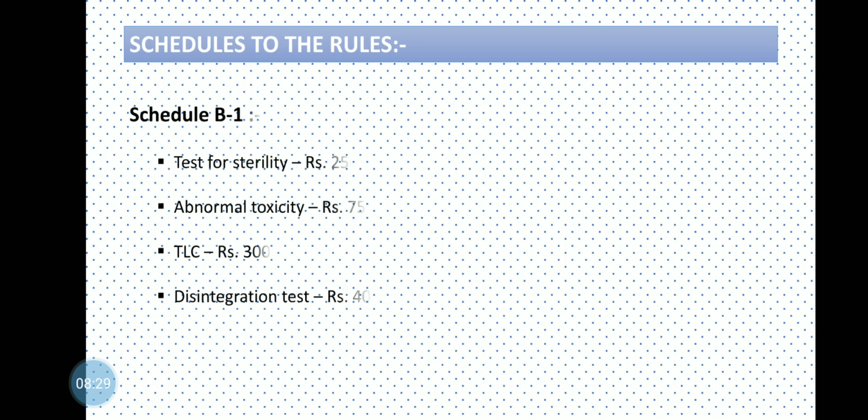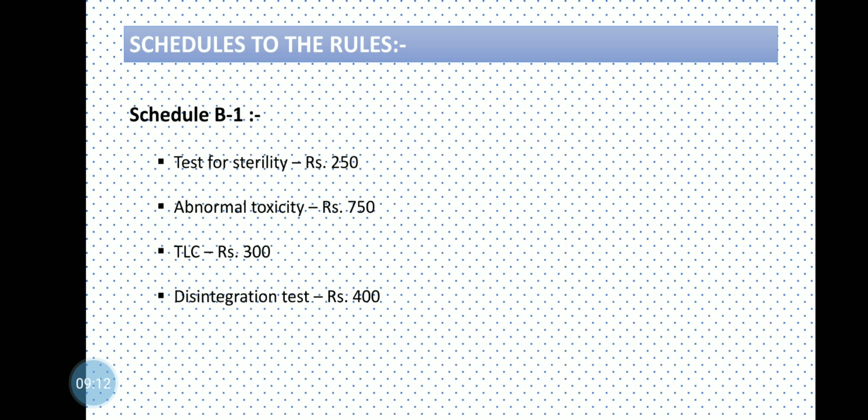In the same way, there is Schedule B1 also. Now what is the difference between Schedule B and B1? In B1 also, a fees is to be paid to the pharmacopoeial laboratory for testing or analysis of sample sent by the drug inspectors, by the custom officers or by court. What is the major difference between both of them? आपण Schedule B मध्ये पण म्हणतोय की the fees is to be paid for testing or analysis. In the same way, in Schedule B1 also the fees is to be paid for testing or analysis.